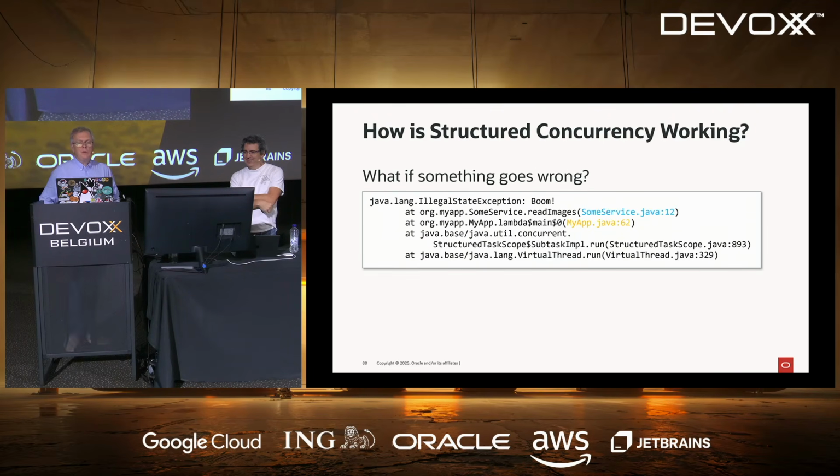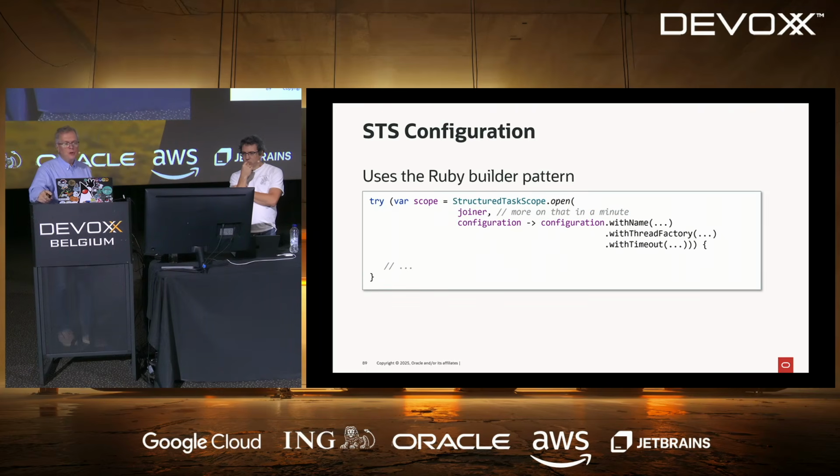And the stack trace will be this one. So the stack trace, once again, because it's based on virtual threads, takes you exactly where you submitted the code, where the lambda was, and it will take you to some services. So gone are the days where you have stack traces that you cannot use to debug your code. You'll actually be able to debug this properly by going directly where the exception was thrown in your code. You can configure this structured task scope object by passing, first you need to pass a joiner, and we're going to talk more about joiners in a minute.